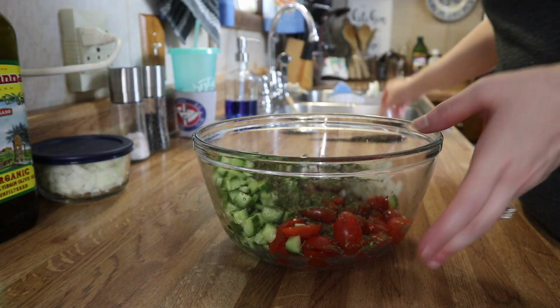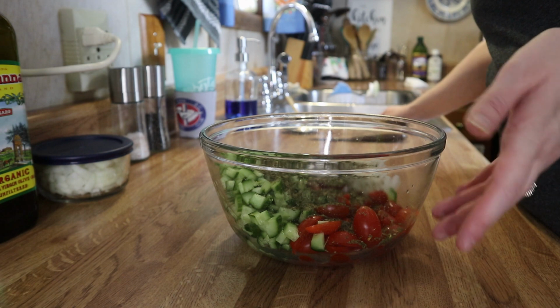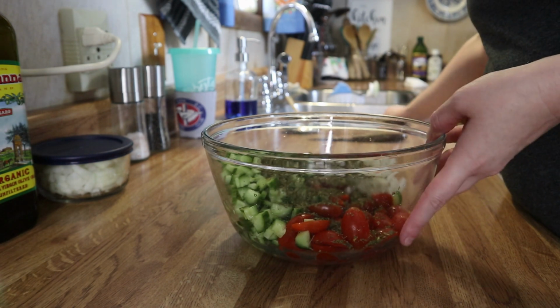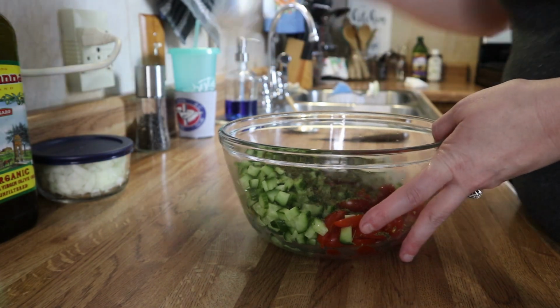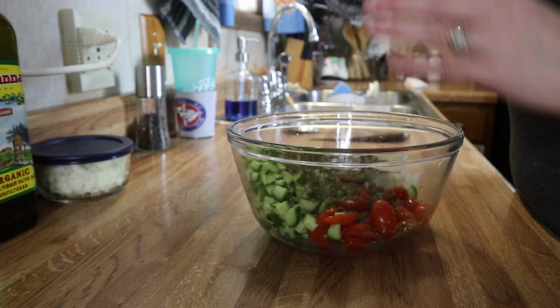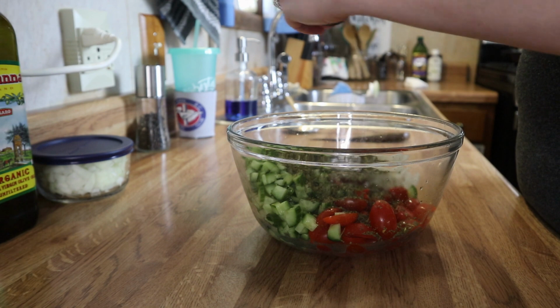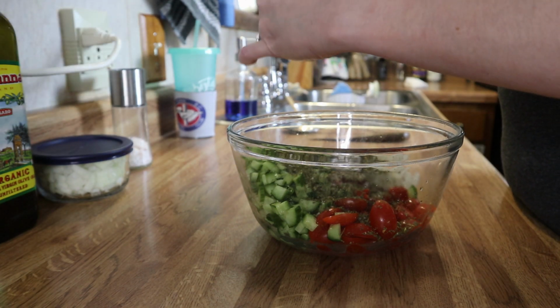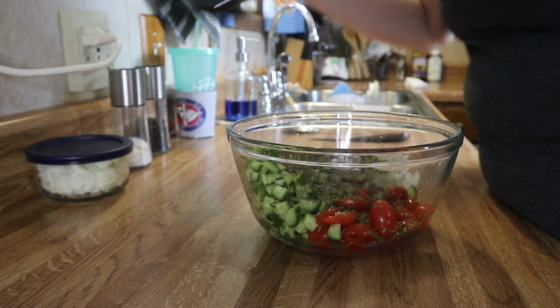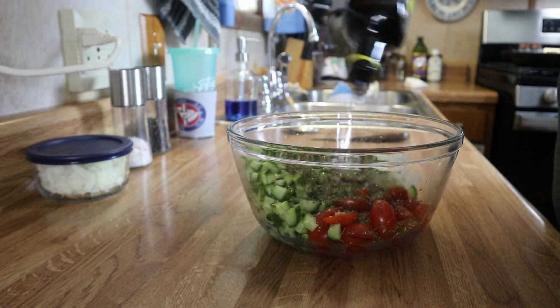Now if you've got fresh, I recommend using fresh, but my local grocery store did not have any, so we're using dried, but that's fine. It'll work just fine. I'm going to go ahead and add a little bit of salt and a little bit of pepper and a couple of tablespoons of olive oil,